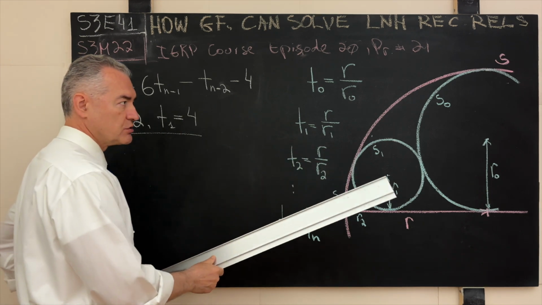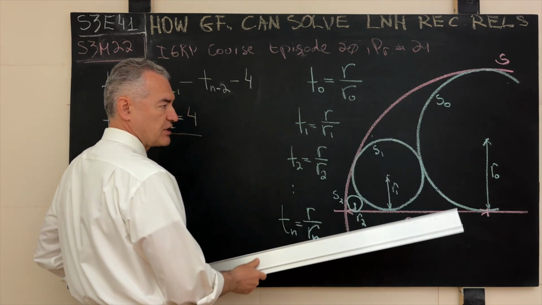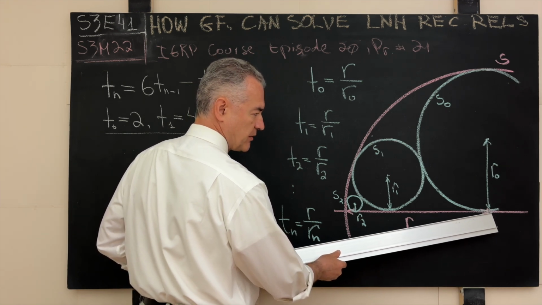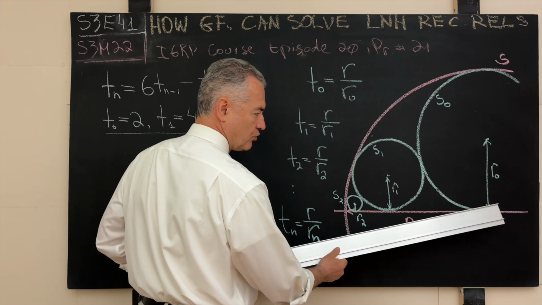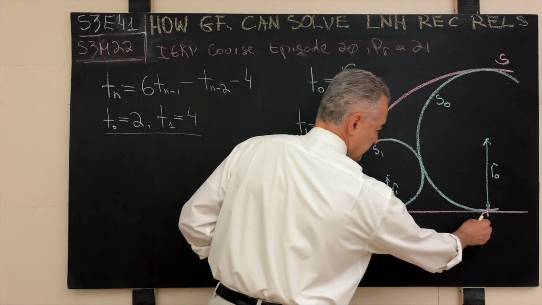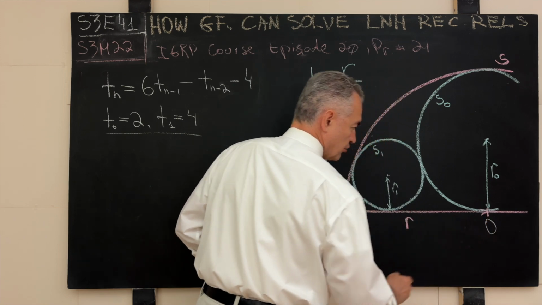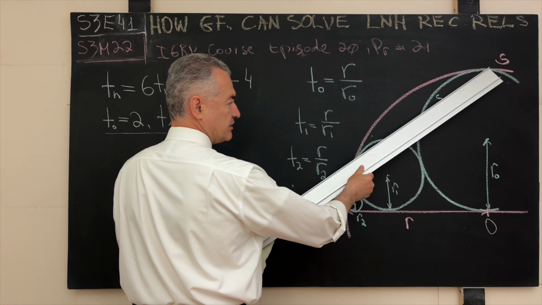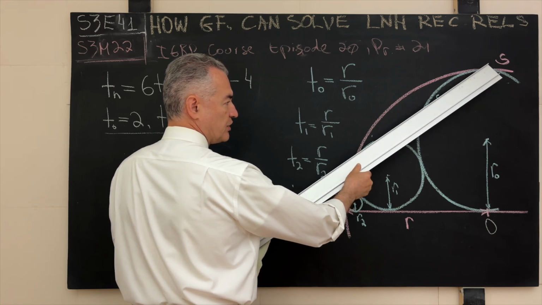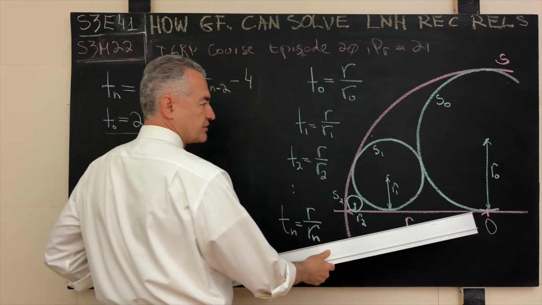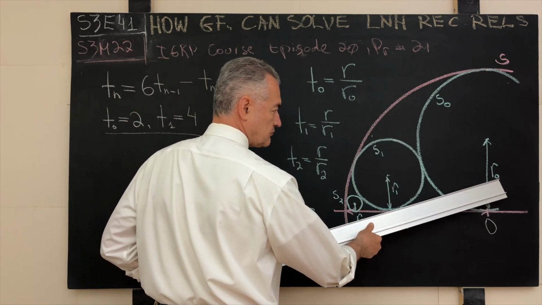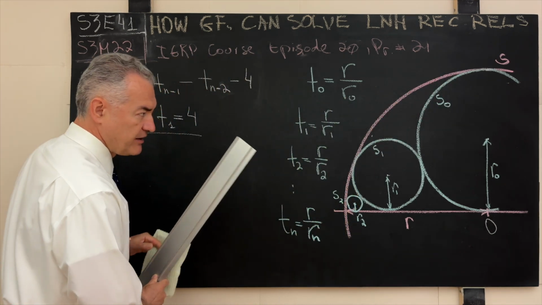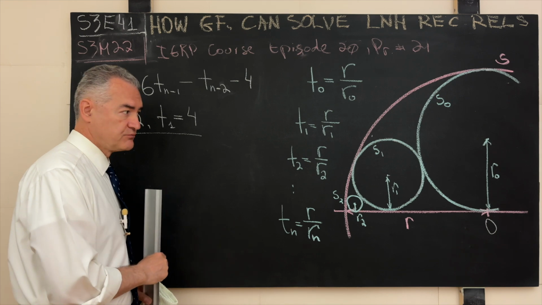The very first circle, S0, is inscribed in such a way that it touches the diameter of the generating semicircle at its center, the point O. I did not name it, but let's say I name it. This is the point O, and then it touches the generating semicircle S at the diametrically opposite point over here. Evidently, the radius R0 of that inscribed circle S0 is precisely 1/2 of R,